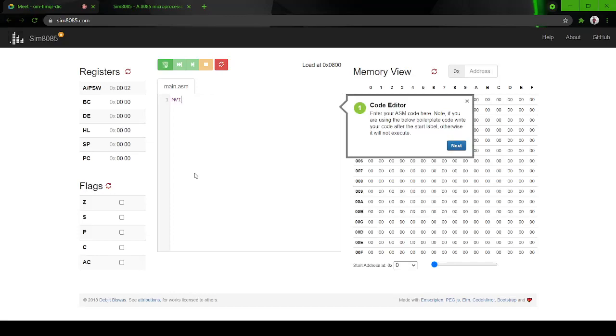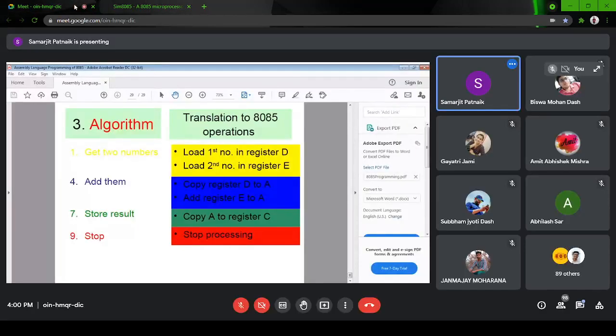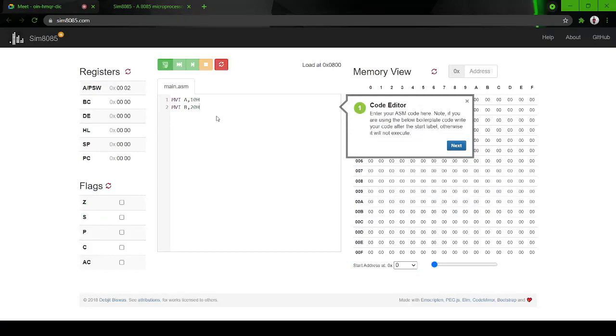Take first register, second register, and the subtraction command is SUB. I will tell you why in the next one.